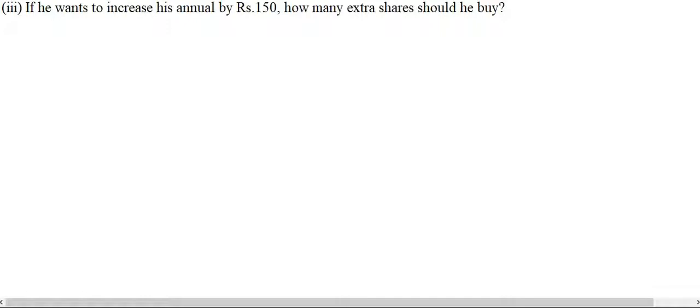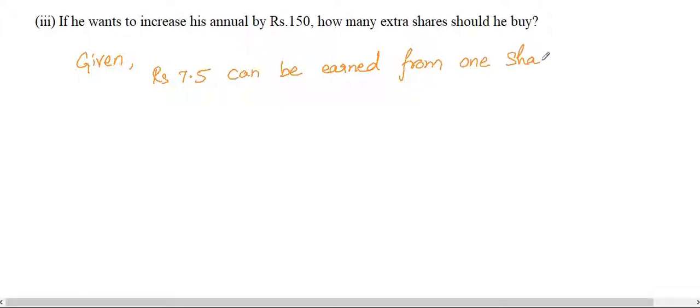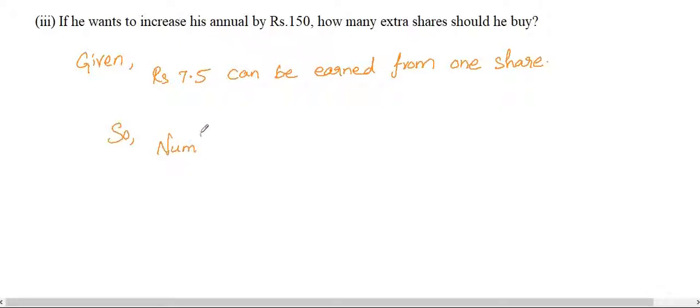Finally, we need to find how many extra shares he should buy. Given that he wants to increase his annual income by rupees 150, we need to find the extra shares he buys. So rupees 7.5 can be earned from one share because the dividend is 7.5%. So the number of extra shares he should buy